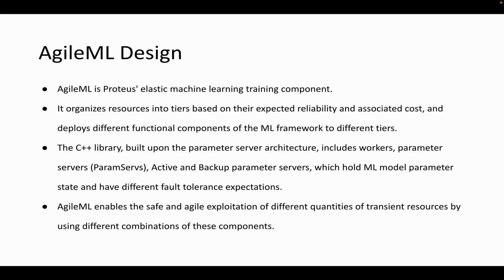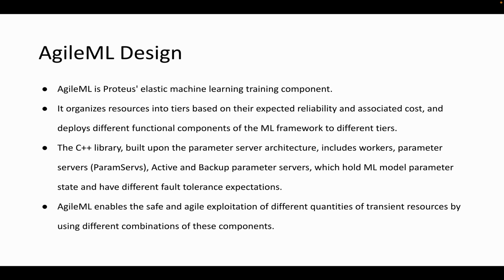using the required resources. So AgileML basically divides the resources into a tier-based system. The tiers are non-reliable resources and reliable resources. The reliable resources are the ones which are on demand, for which you pay an exact fixed cost per hour. And then there are transient resources, which are need-based, and you have to pay according to the spot price of those resources.